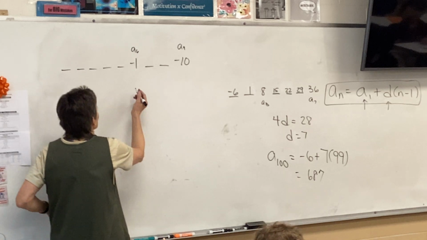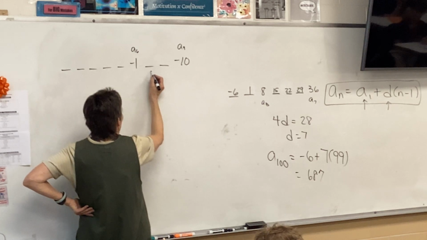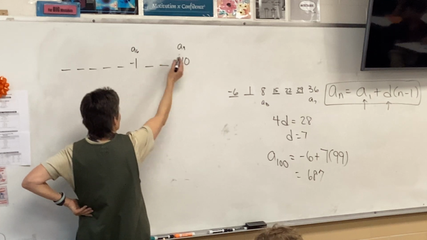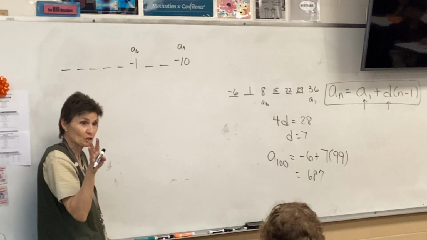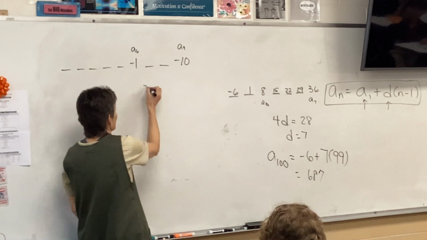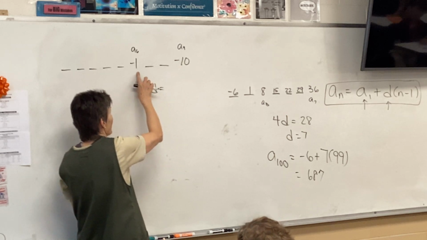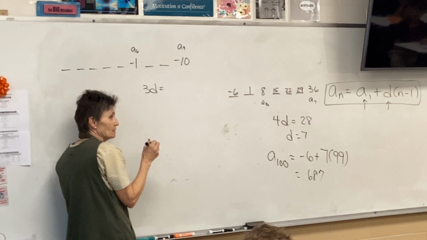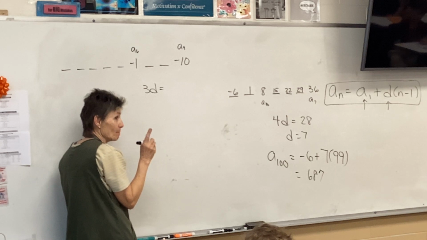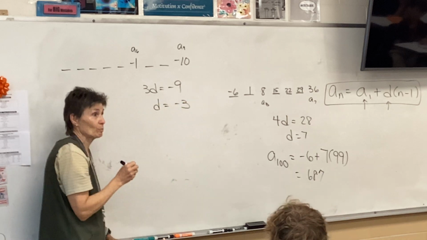You're doing this with both adding. I'm gonna have to get from the 6th to the 9th, I'm gonna have to add 3 times, right? I'm gonna have to make 3 additions. So 3 additions are gonna make a total of what? How far is it from -1 to -10? -9, right? I'm backing up 9. So my difference is actually -3 this time,